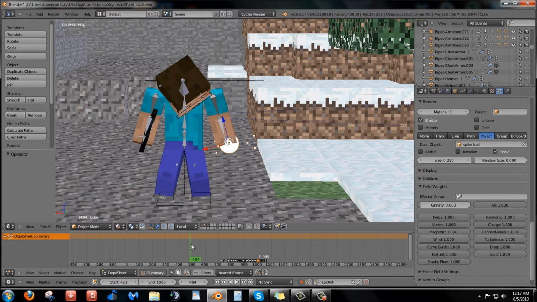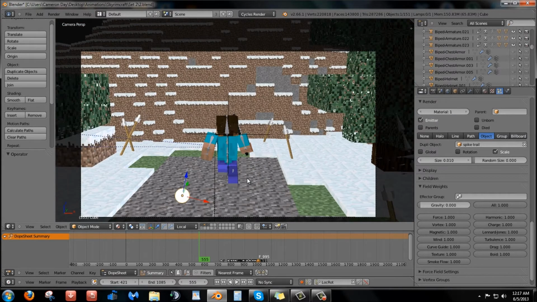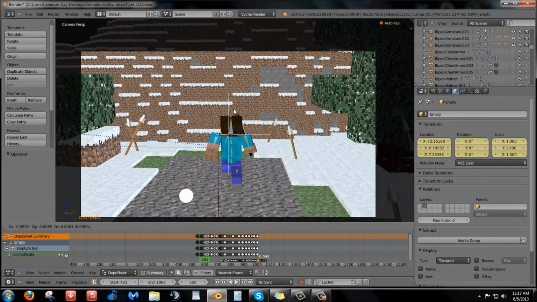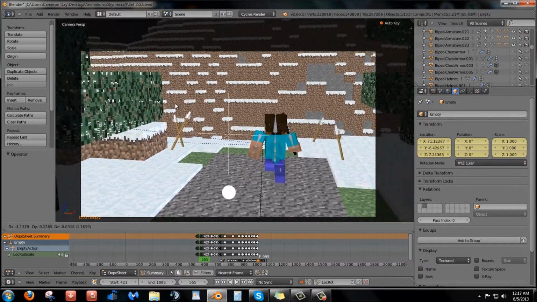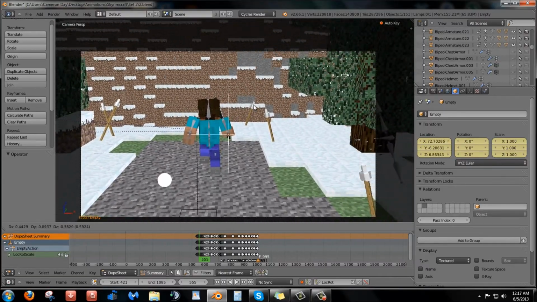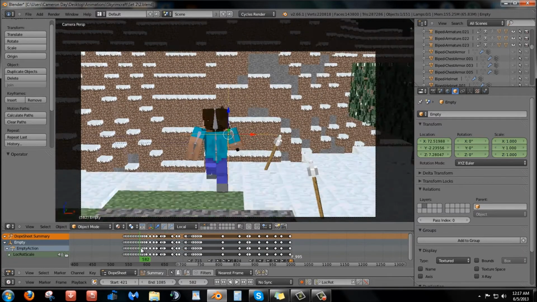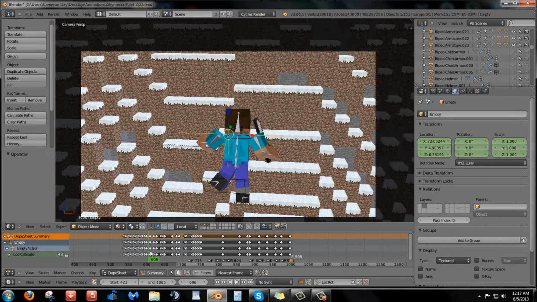And let's see what else. Like I said, the empty really helps out because I just made it swing like that while he was running, and I think that made it look really good. It sort of motion blurred it up too, made it look real nice. And then here comes the derpy dragon.